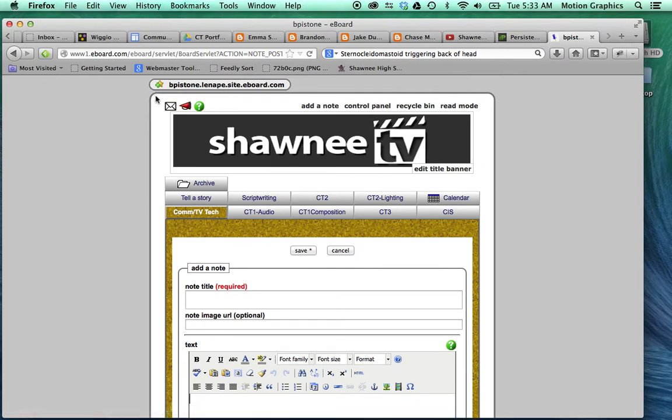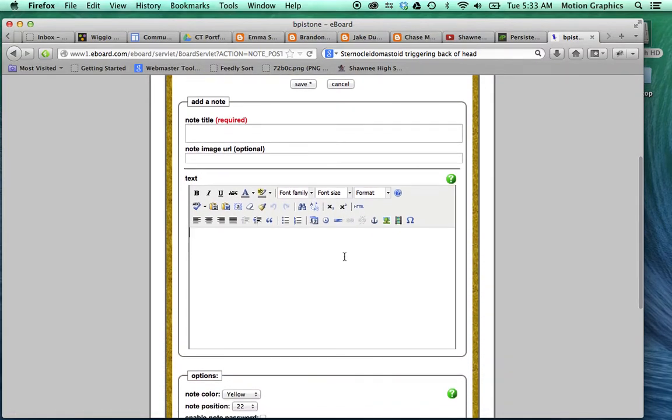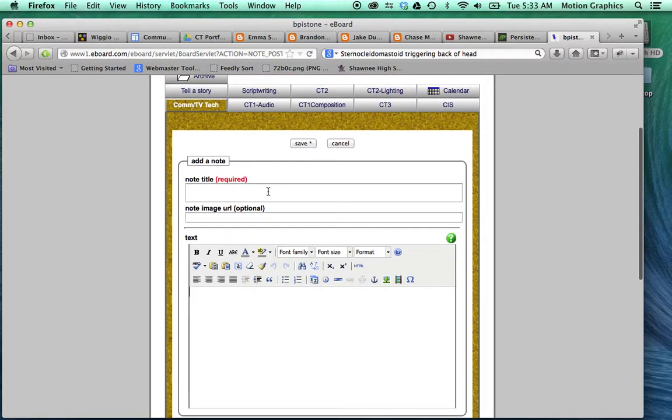So we're on the Add a Note page for LRHSD eBoards, and we're going to be using two different methods to get away from the eBoard to another website or have the website kind of come to us. So the first way is hyperlinking. We can just say hyperlinking